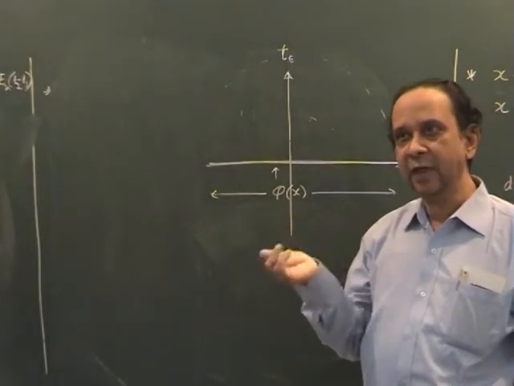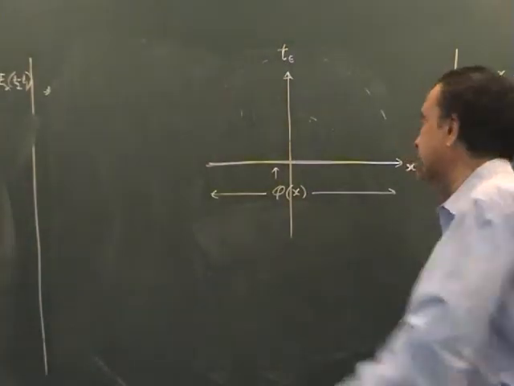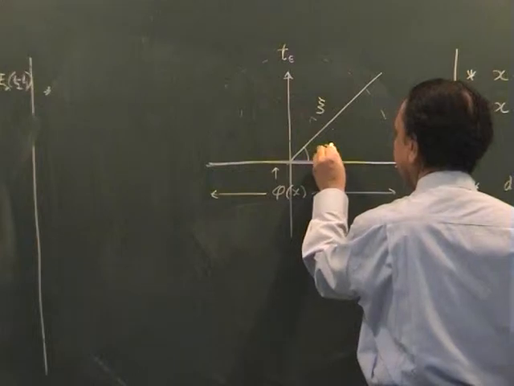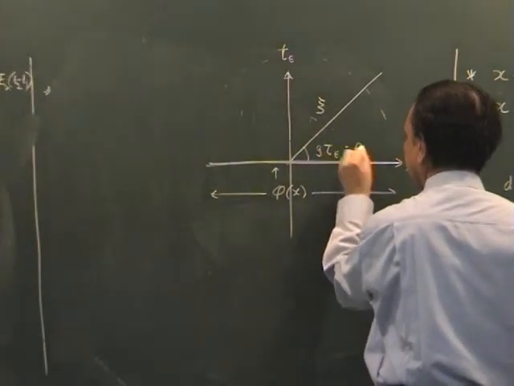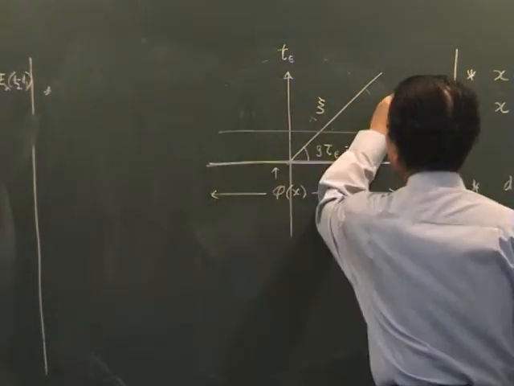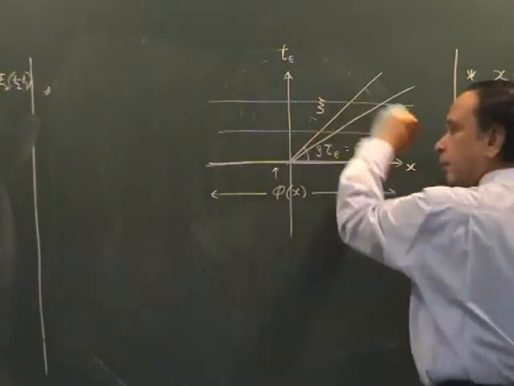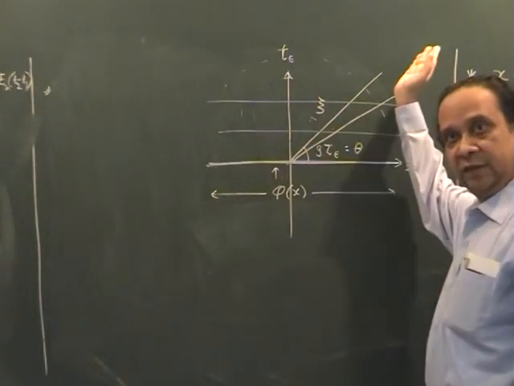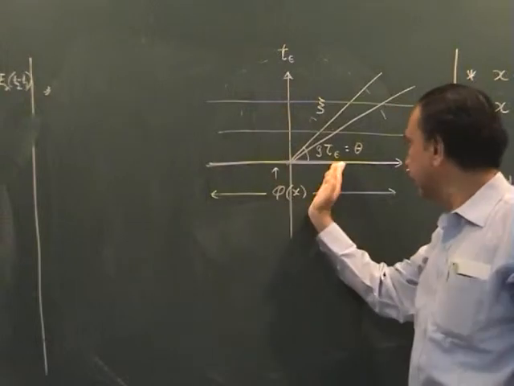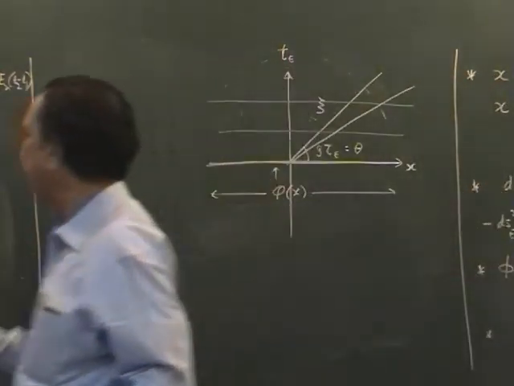Now there is a nicer, different way of doing the same integral. Instead of doing it in this Cartesian coordinate, let us do it in polar coordinates. So I introduce the polar coordinate, this is xi, and this is theta. If I am going to integrate over each time slice like this, instead I can take one particular radial line, integrate the field along this, then take another radial line, integrate along it. So the integration along this line from here to here is the same as the integration along this one. Therefore, I can write this as